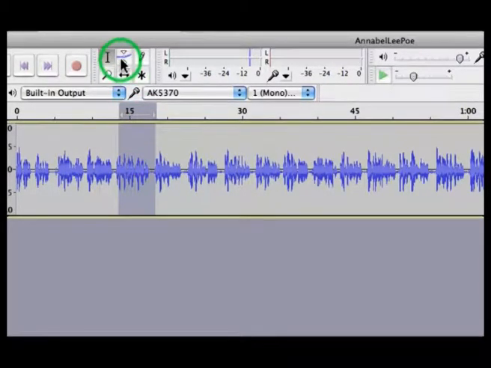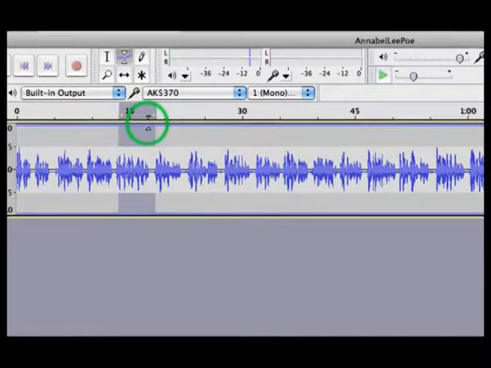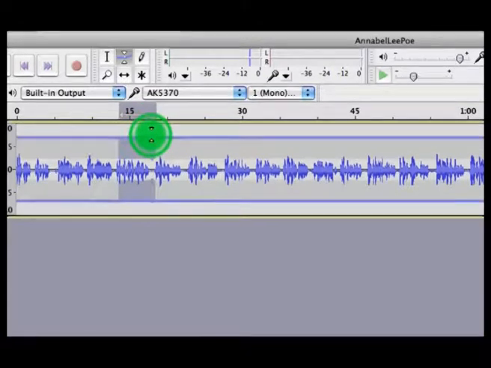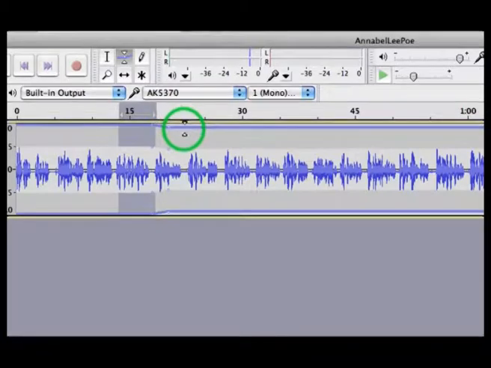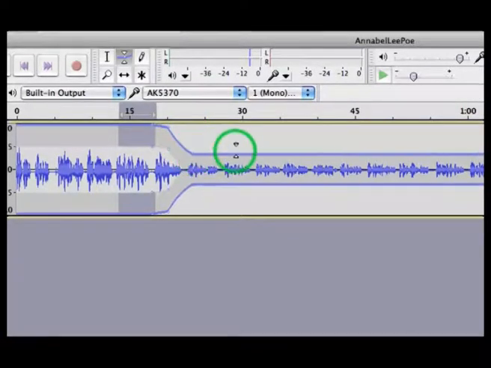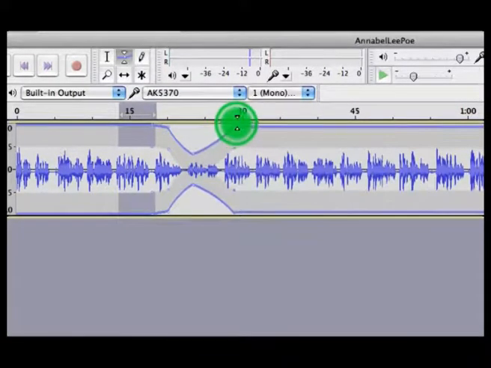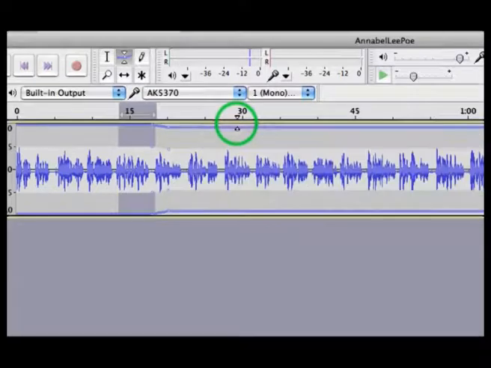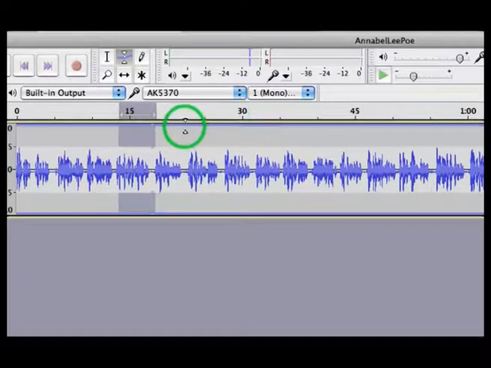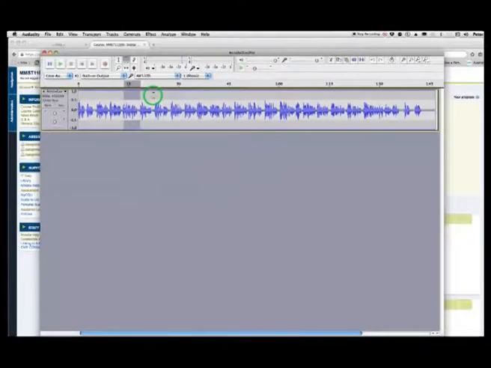This tool here is for changing levels, but you may not want to use it in this exercise. You can change the audio levels, and you can put little markers in there and change the level around strangely. You can do all sorts of things. But I'll just go out of there, and we'll talk about that more in the next exercise. So that's how we've got that track in, and that's how the tools can be used.